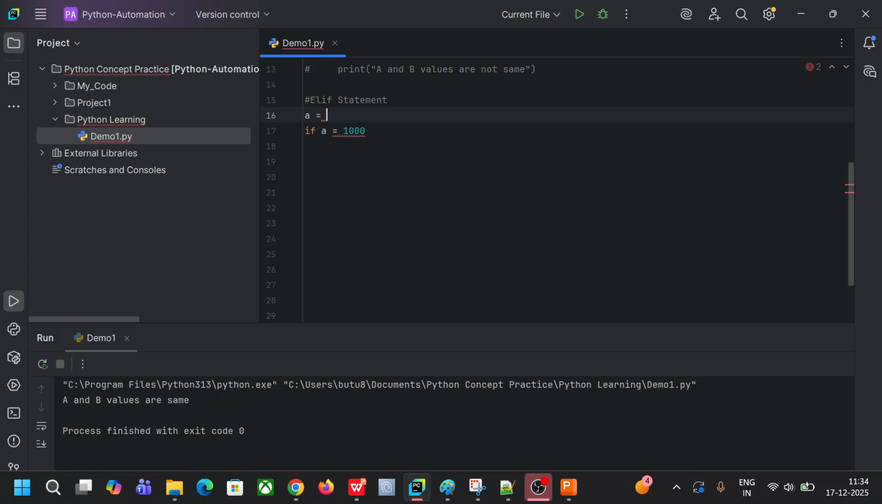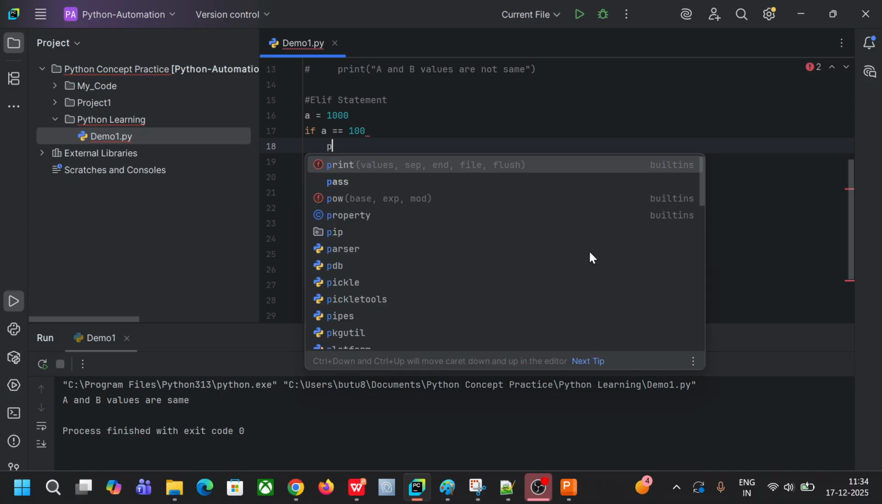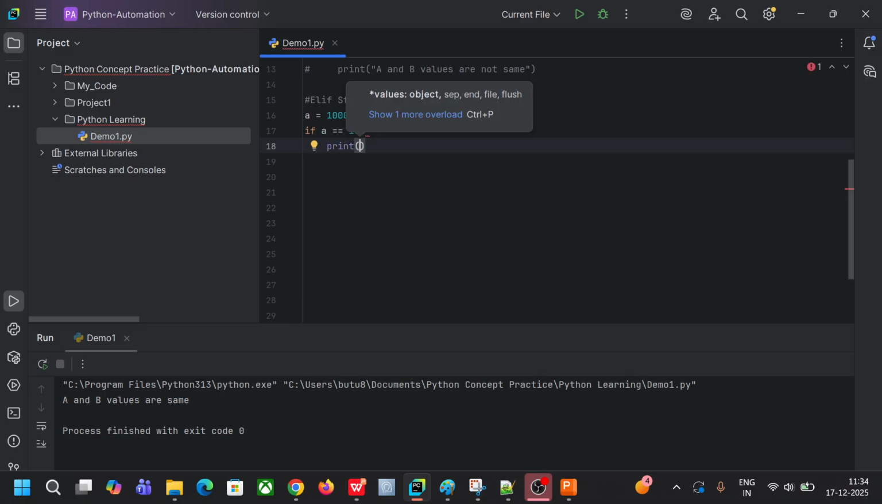Now A equals, let's say, 1000, and here I'll take if A double equals to 100, so print "true in first block". Okay,